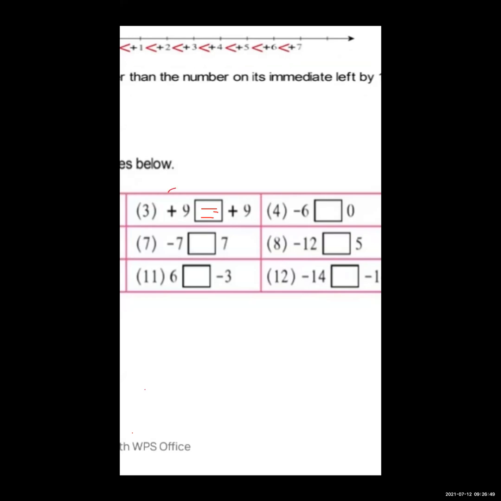Yes. So this is known as the equal. Equal means both the numbers are the same, so both are equal, na? Both are equal. Yes. Neither is bigger nor smaller, because the sign is also the same and the number is also the same, so this sign is known as the equal sign. Okay.